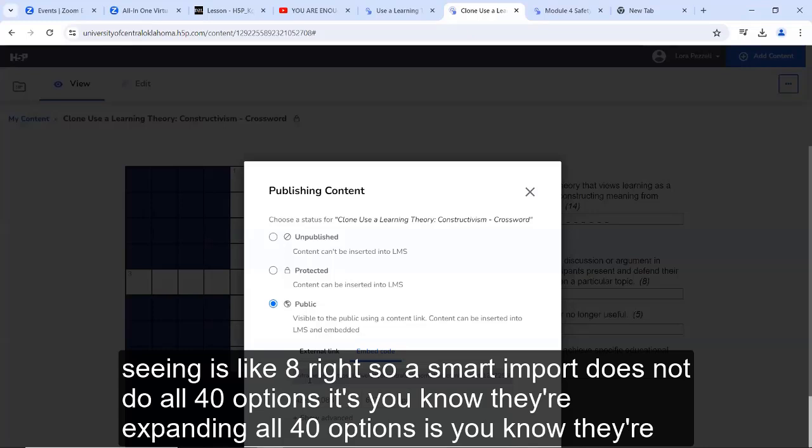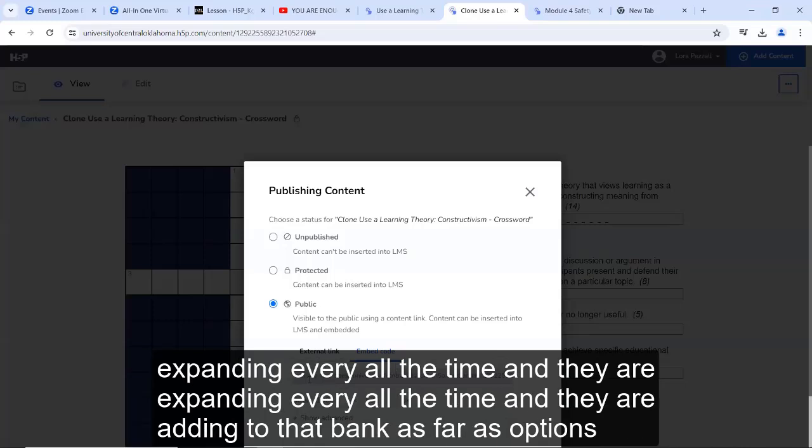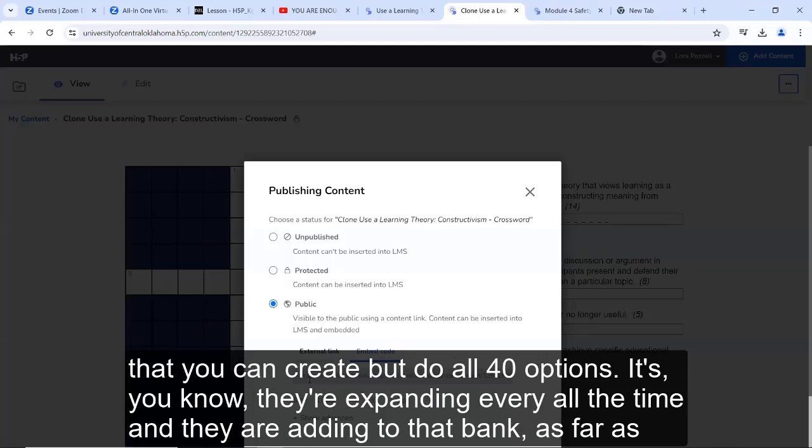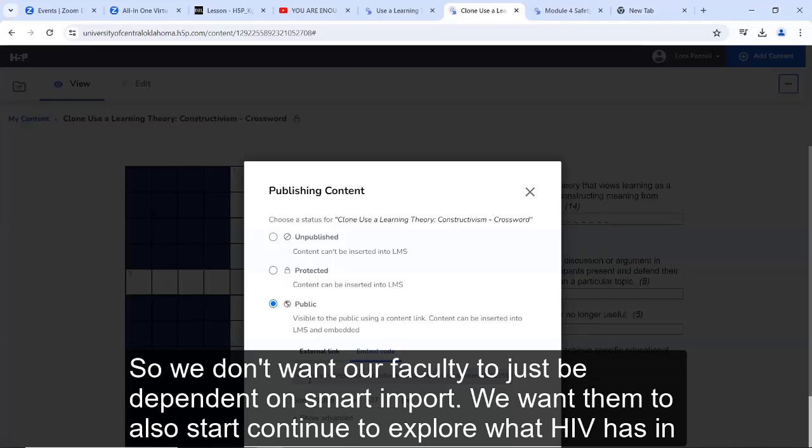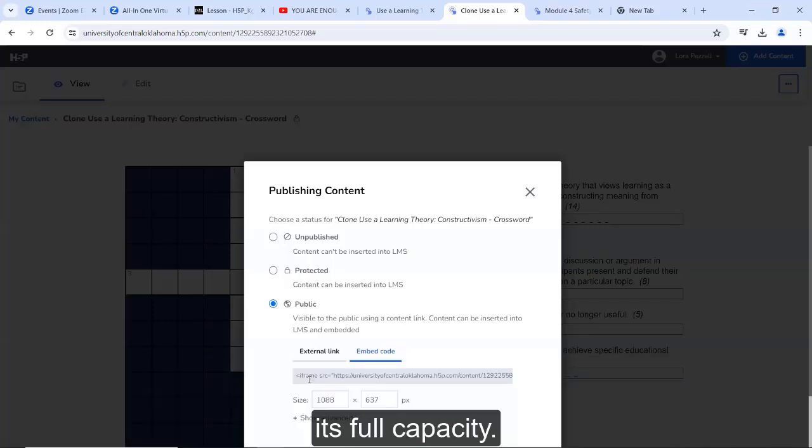They're expanding all the time, and they are adding to that bank as far as options that you can create, but it is limited in comparison to just H5P. So we don't want our faculty to just be dependent on Smart Import. We want them to also continue to explore what H5P has in its full capacity.